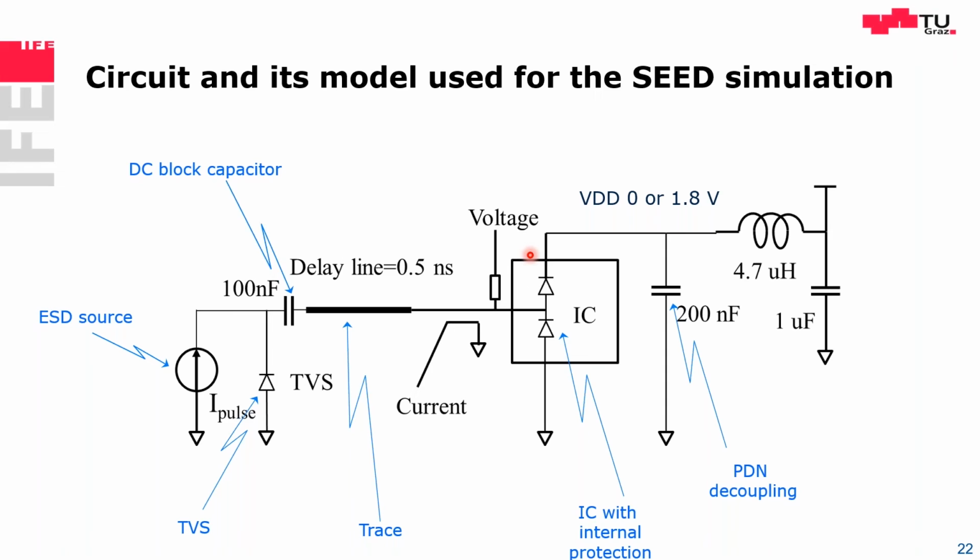The signal comes here, and in this model, and actually also in reality, we can measure the voltage directly at the IC. Let's say 1 millimeter from the IC, we measure the voltage with, let's say, 2-3 gigahertz bandwidth. And we can measure the current. We measure the current inductively also directly at the IC. So we know the current which flows into the IC. We know the voltage very close to the IC. There's a trace, 0.5 nanosecond, about 5 centimeter. And there's a DC block capacitor. You know, USB has DC block capacitors. Here's our TVS diode. In our model, it's a snapback model. And here's an ESD source. That can be an ESD generator, TLP, or human skin discharge, a different type of model.